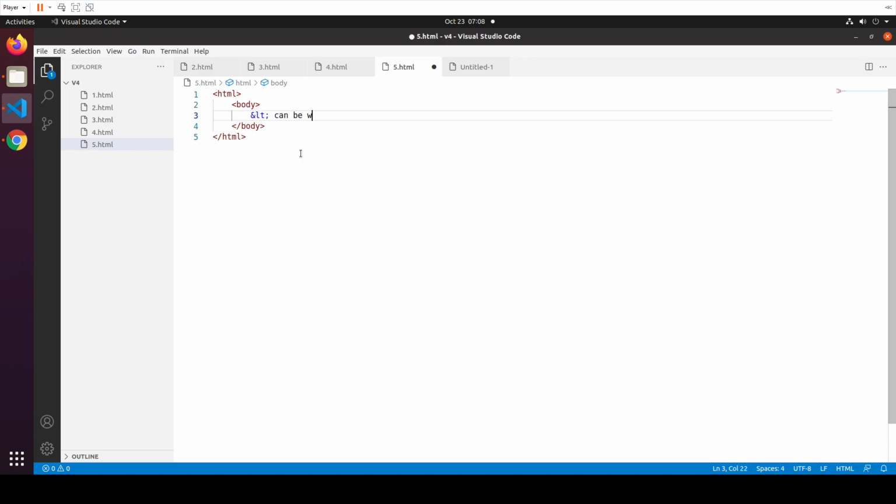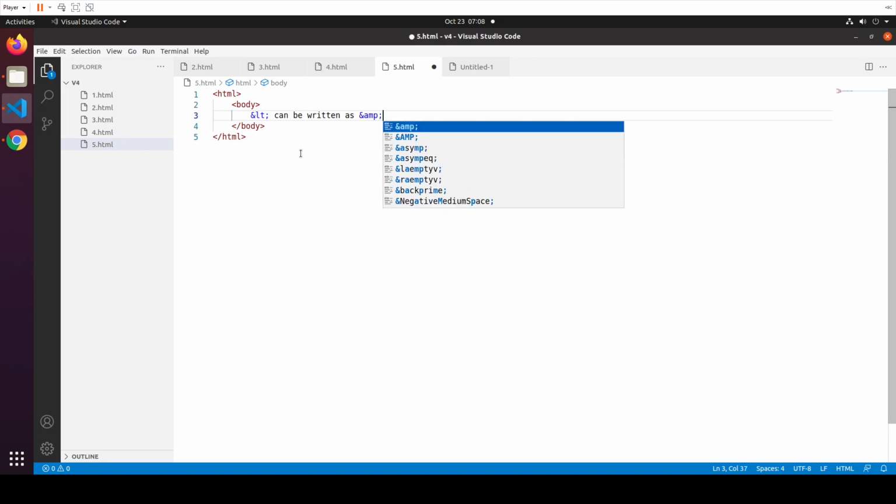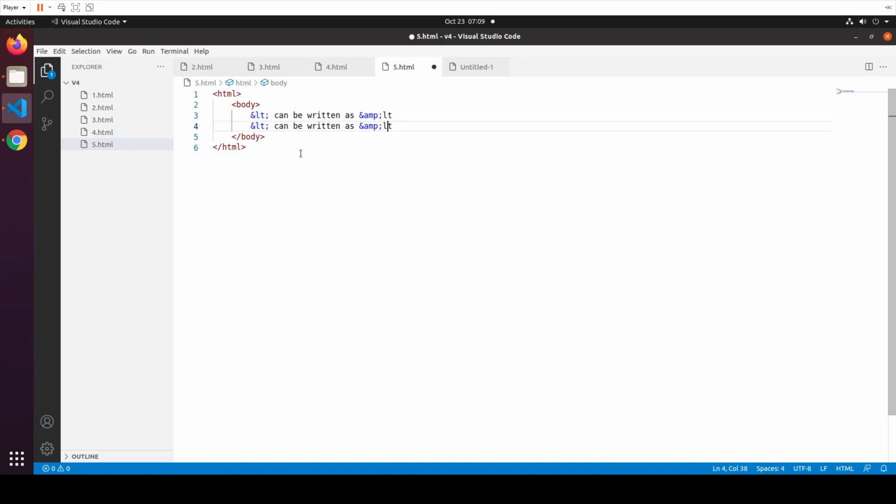So can be written as, and now we want to write an ampersand, which is not going to be interpreted, and we can do that with ampersand amp. Conversely, the same is going to be true for gt, right? So I can use gt for greater than. Right, so let's test this out,